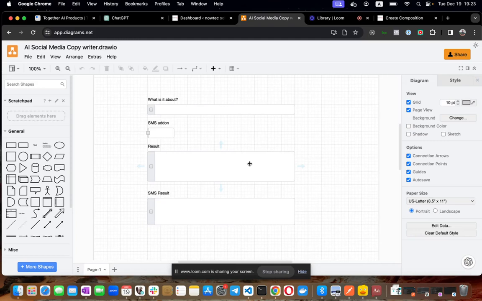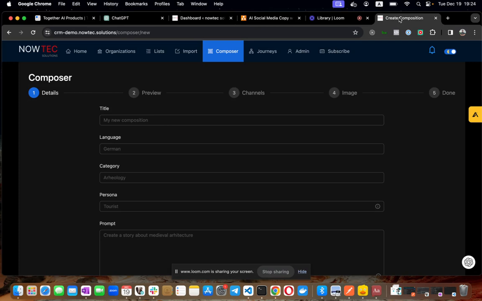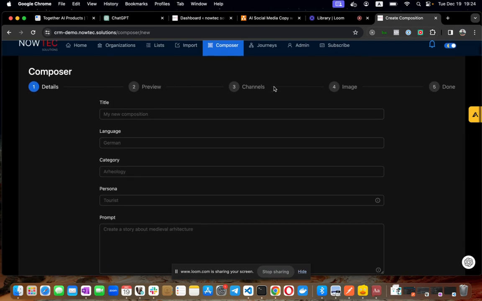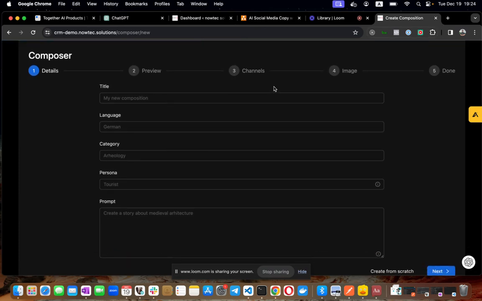Today, I want to show you how to create an AI-based product using AI and no-code or low-code technology. The product that we're going to create today is called AI Social Media Copyright. That's basically a light version of a feature that we have with the Now CRM called Composer, where we